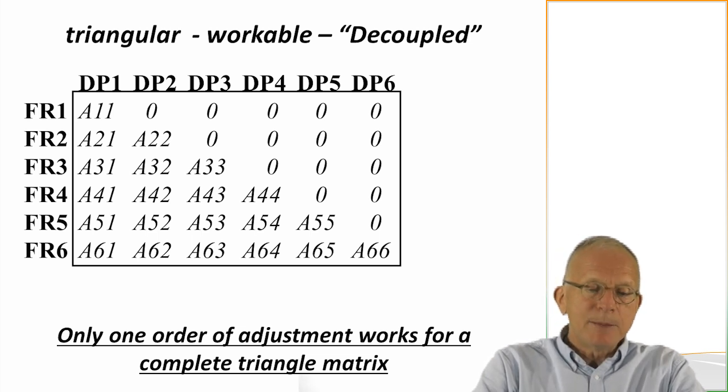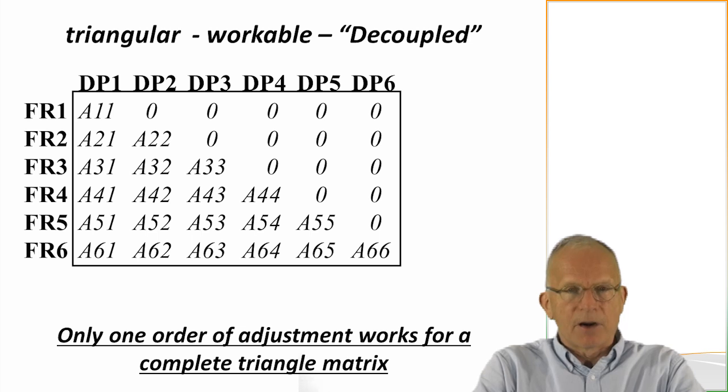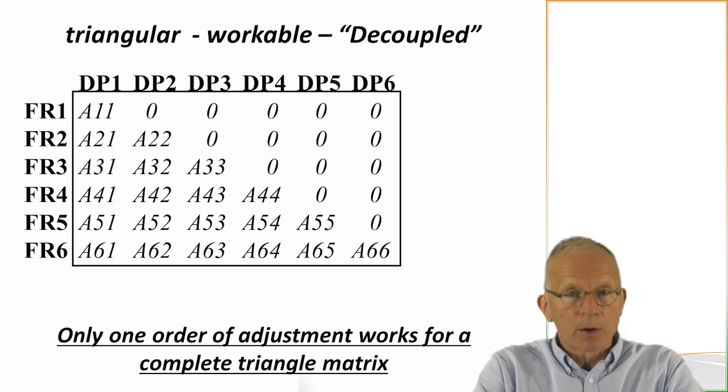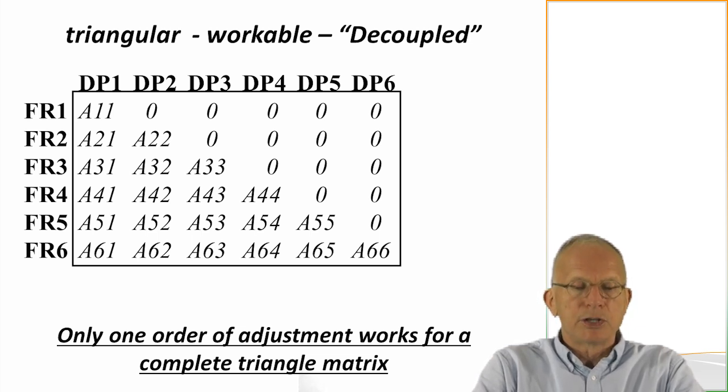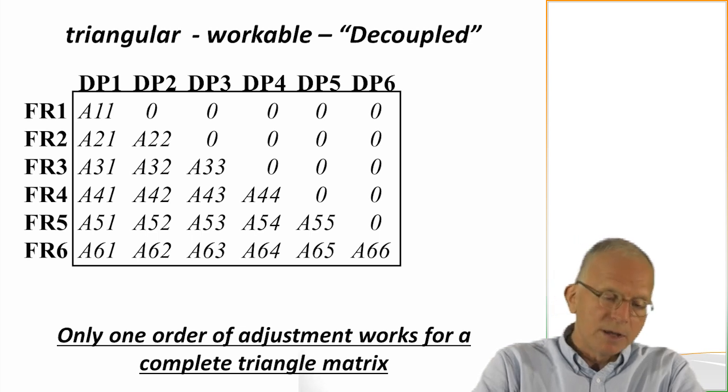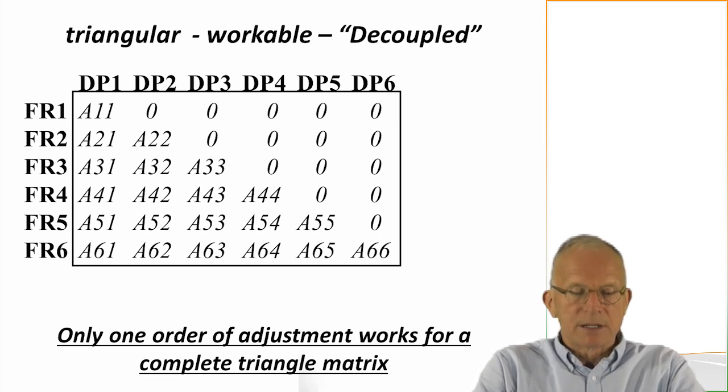So I can adjust dp2 to fix fr2, and since element A12 is 0, dp2 has no influence on fr1, so fr1 will stay within tolerance as I adjust dp2. Now, adjusting dp2 so that fr2 is within tolerance could take FRs 3, 4, 5, and 6 out of tolerance. And then the same thing happens with dp3. I can use dp3 to put fr3 into tolerance at the same time, maybe taking 4, 5, and 6 out